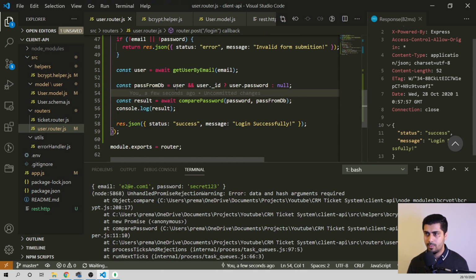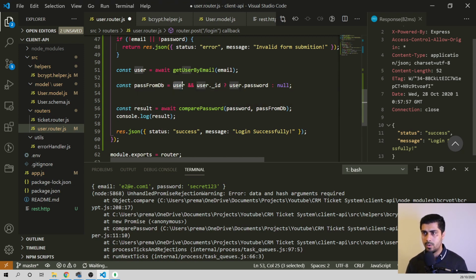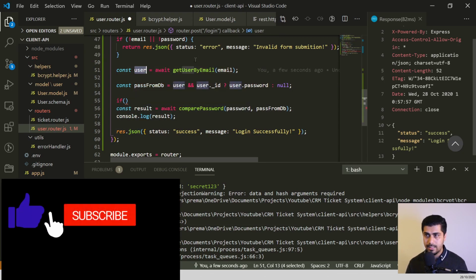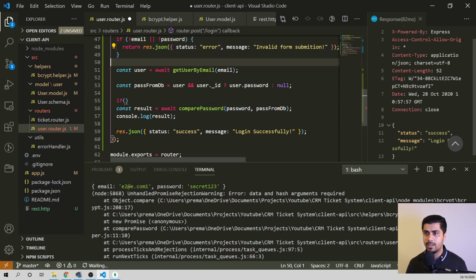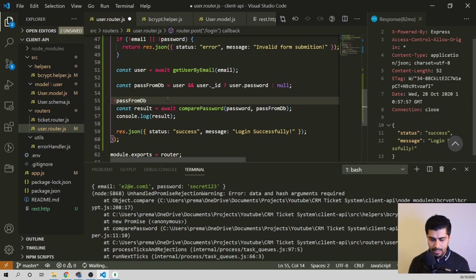Okay, so we've got to do one more condition here then. So only do this if we have the password here, like we did before. Because if there is null, no data, no user is found, we don't have to go to the next line, right? So simply say if we already have a password here. If we don't have a password, we are already returning from here. Now you can simply say if no password from database, then simply say return,